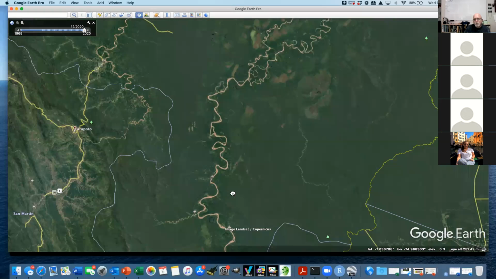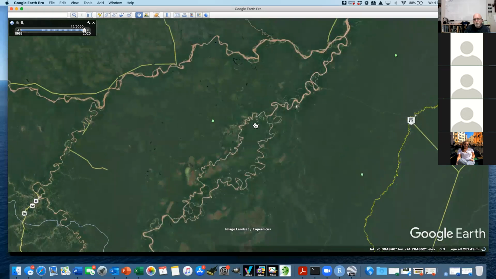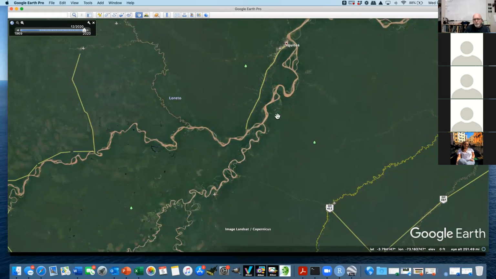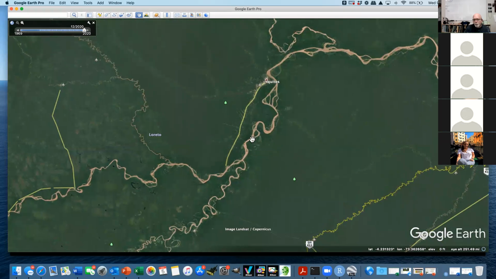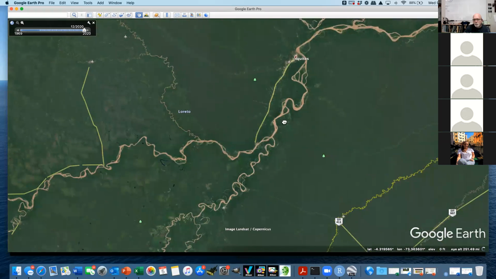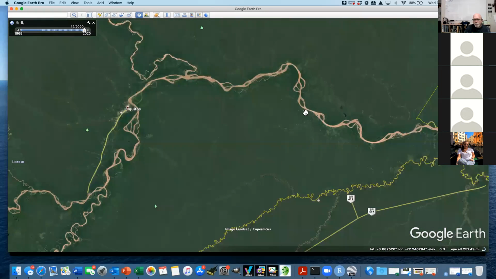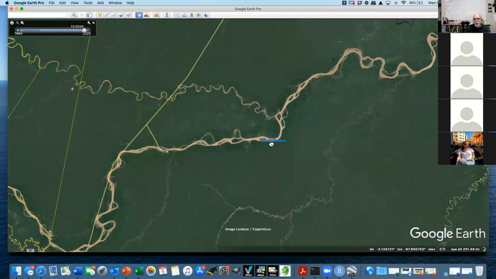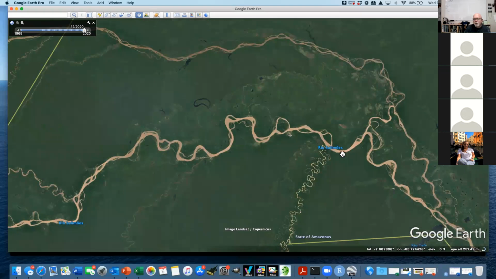The Ucayali River is a tributary of the Amazon River. Outside of Iquitos, the Ucayali comes into contact with the Marañón, and at that point they form the Rio Amazonas, and then from that point on you have the Amazon River, and the Amazon River